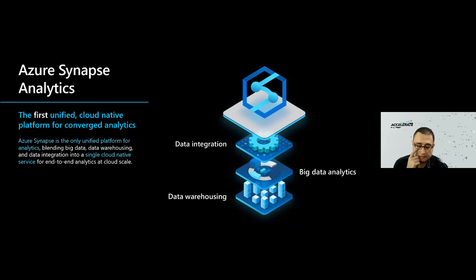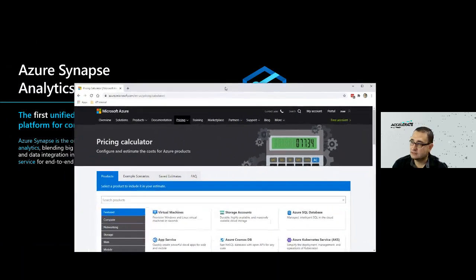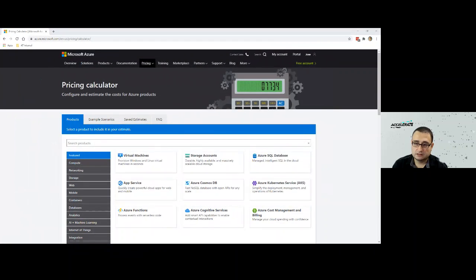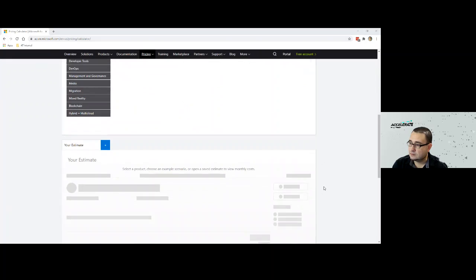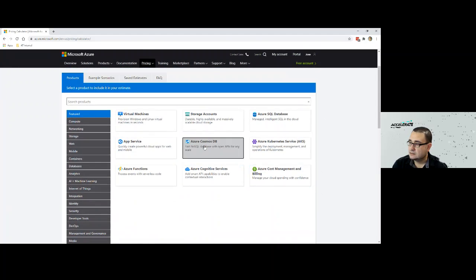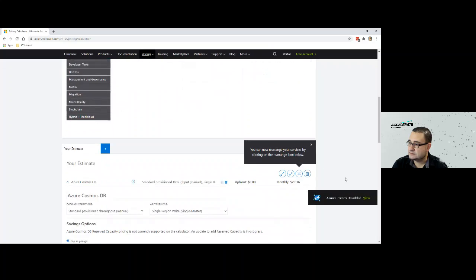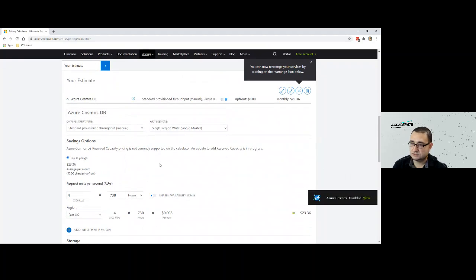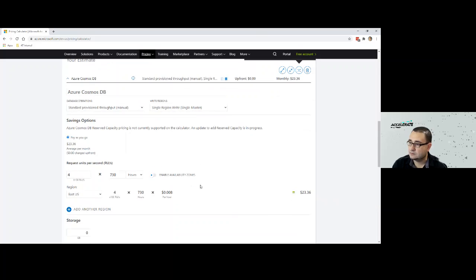The great thing about Azure, and if you're not aware, there's an Azure pricing calculator that you can take advantage of. And I think let me see if that comes through, yeah. So there's an Azure pricing calculator where you can essentially add services to a recipe that you plan to build.